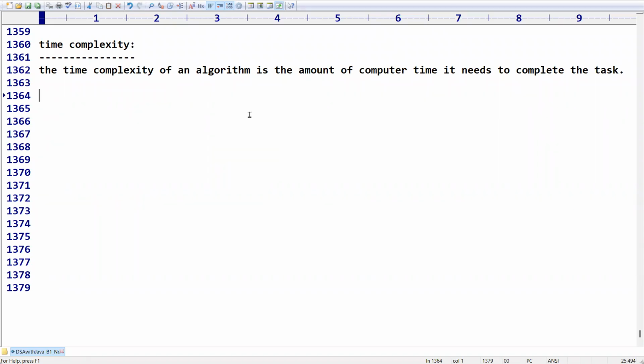I think you can imagine whatever I'm telling. Okay. So time complexity of any program or algorithm is equal to, sir, we have both the times,